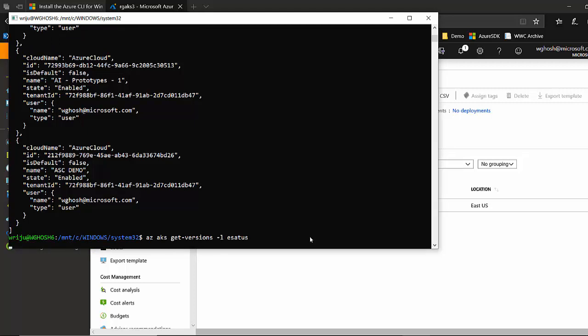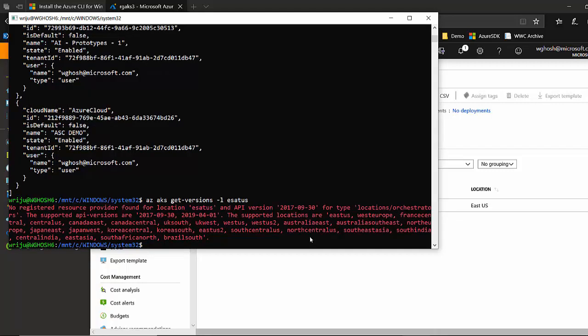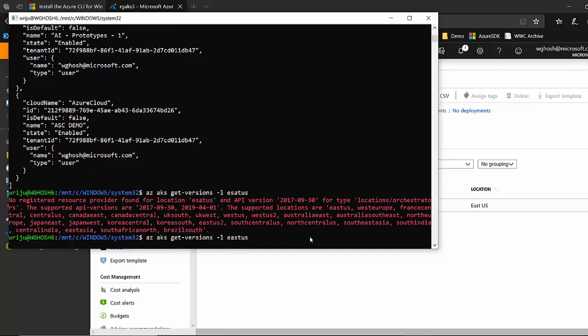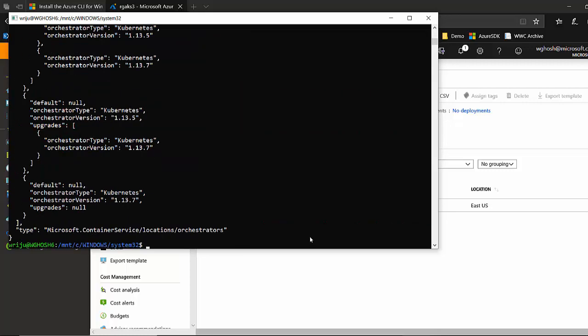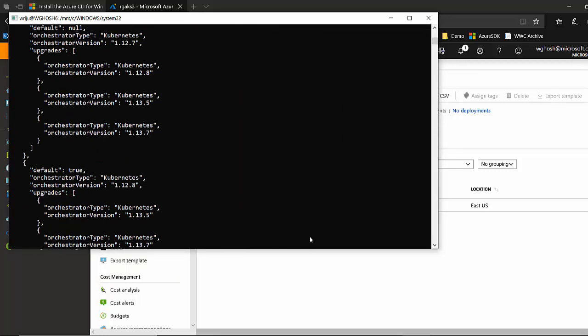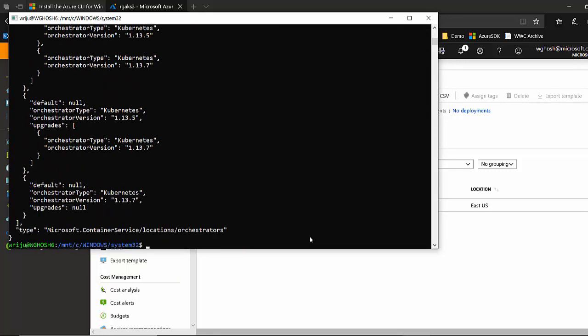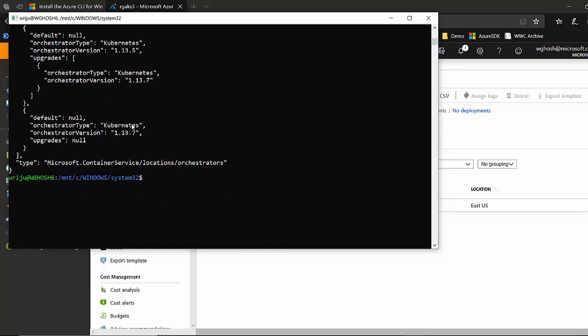The latest one which it supports is 1.14. There's a spelling mistake. Yep, and then it will be 1.14 point something. That's something I need to know because I need to specify the number. Okay, it supports up to 1.13.5, and then if I go ahead and use the